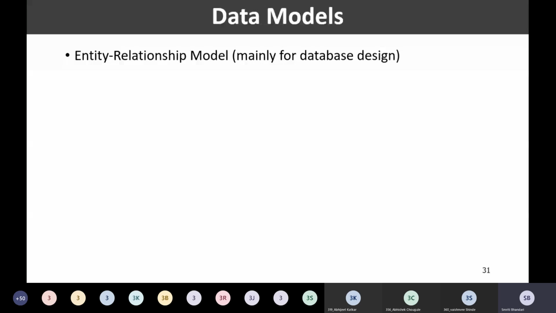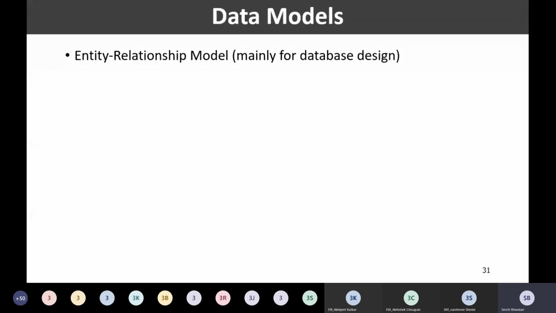The very first data model is known as the entity relationship model or ER model, and it is mainly used for conceptual database design. We are going to focus on this model in depth in part 2 of this unit 1, and right now I'm going to briefly introduce it after listing all the data models.